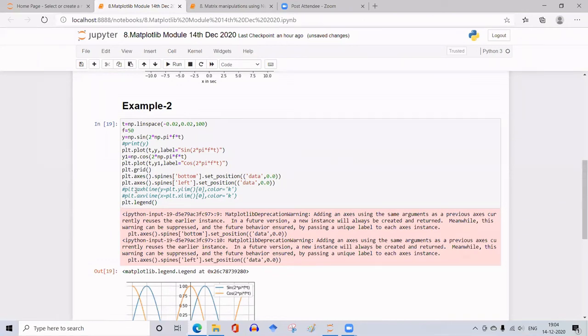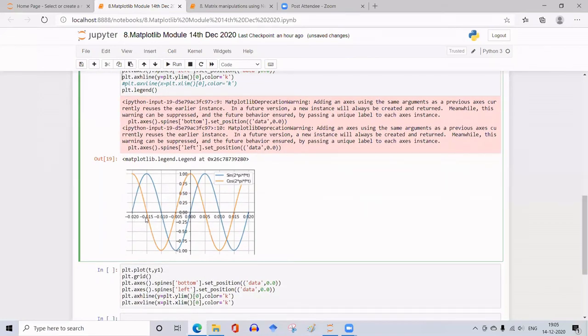simply take plt dot axhline, within brackets y is equal to where you want to put it, y limit 0. See, y has got limit 0 to 40, so minus 0.02 to plus 0.02.